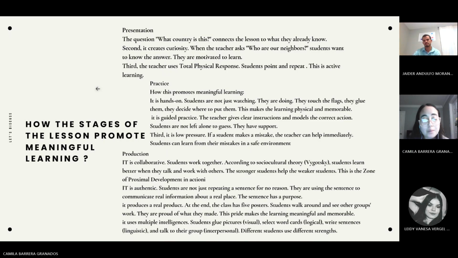And what I can say, I think it's a really important part. They have a poster when they create their part. I think it's meaningful and memorable learning, using also the visual, the logical, the linguistic, and the interpersonal parts.